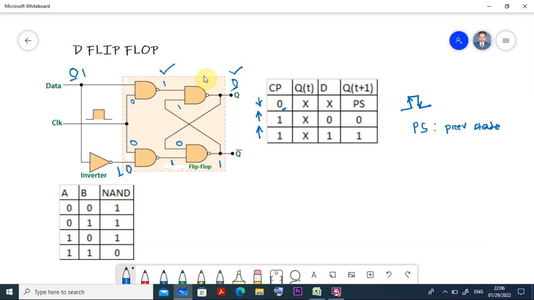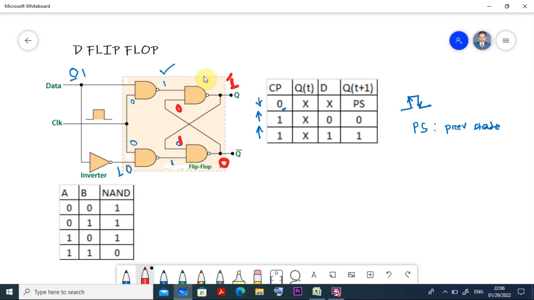Suppose I remove this one and I go for my previous state, I take a red color. Suppose my previous state was 1, say. Now what will happen? Now here also 1 will come, because it was 1 there, so 1 and 1 becomes 1, and inverse of 1 becomes 0 here. When it becomes 0 here, this 0 becomes 0 here, and here also it is 1 and 0, and the output will be 0, and inverse of 0 is equal to 1. That means the same 1 is also returned. Are you following me? When it was 0, the same 0 was returned, and when it is 1, the same 1 is